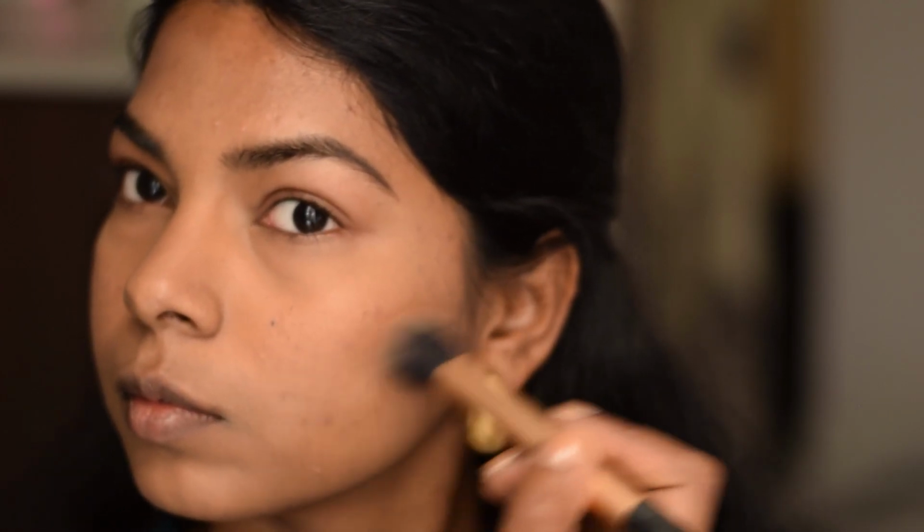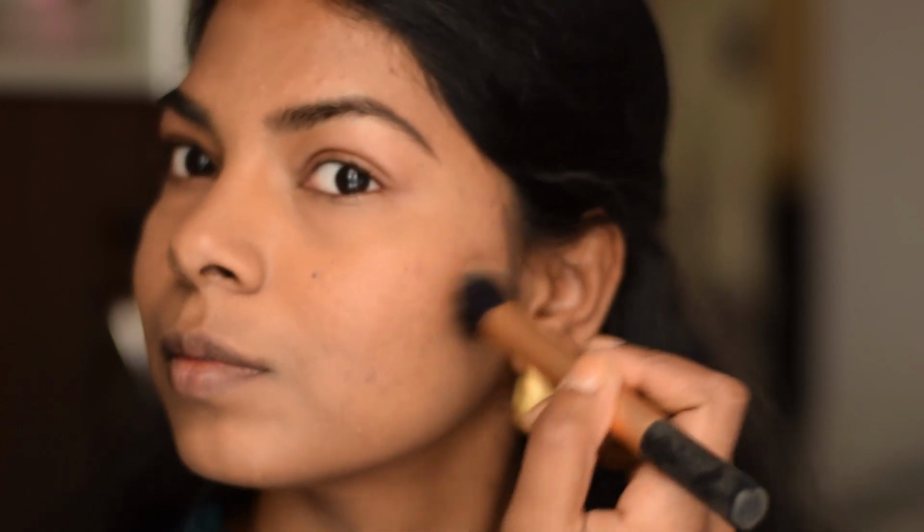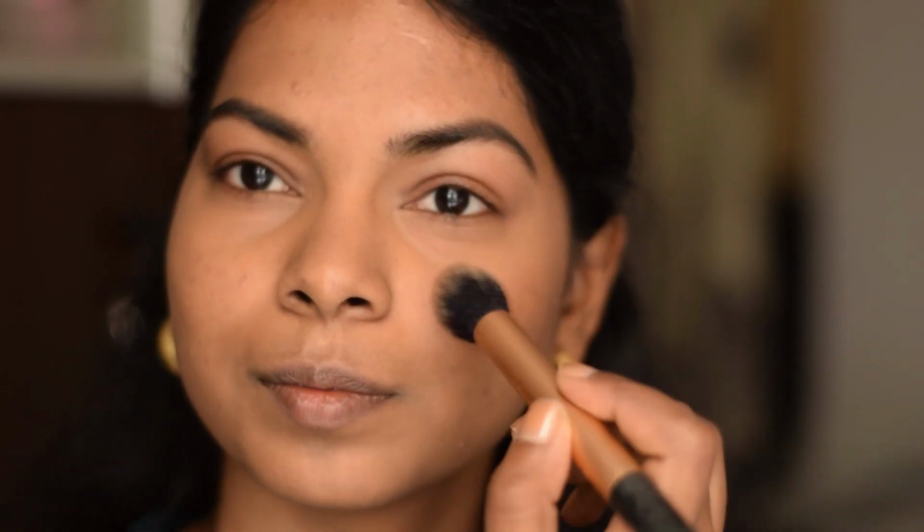Now I'm applying a blush bronzer shimmer. This is a blush powder from a Zoeva palette, and it's like bronzer and blush with a little bit of sparkle. So I'm using this on my skin in a blush and bronzer placement and nothing else on the skin. Now I want the lip to be non-existent,